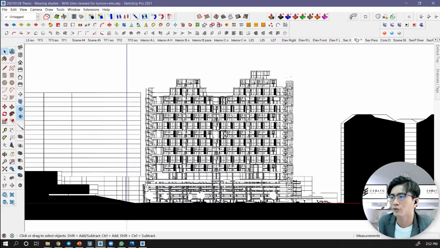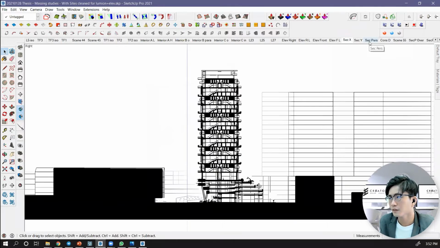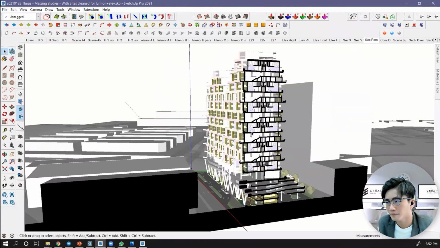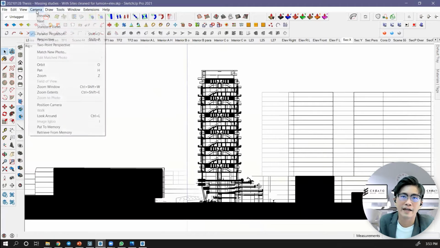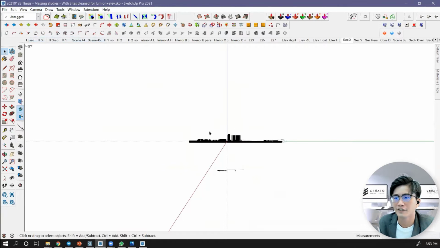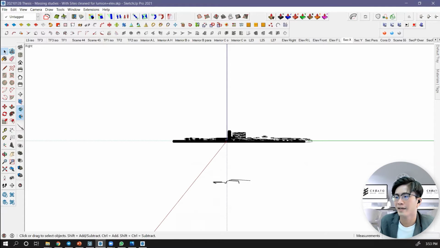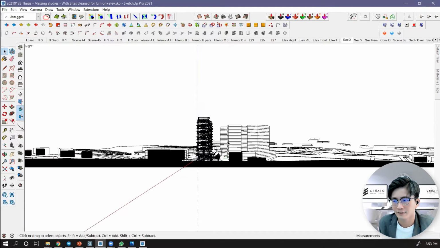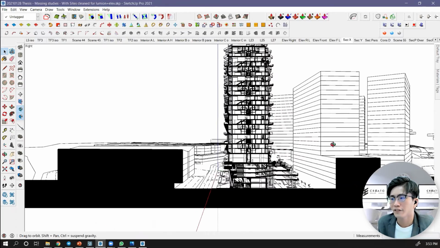Then section too. Then sectional perspective. Here, this is my sectional perspective. How do I achieve that from this view? Firstly, many people know this: we go to perspective and zoom in. You see, when I enable the edges, it will be a bit slower, so you can turn off the edges when you are working. So now we have a sectional perspective.